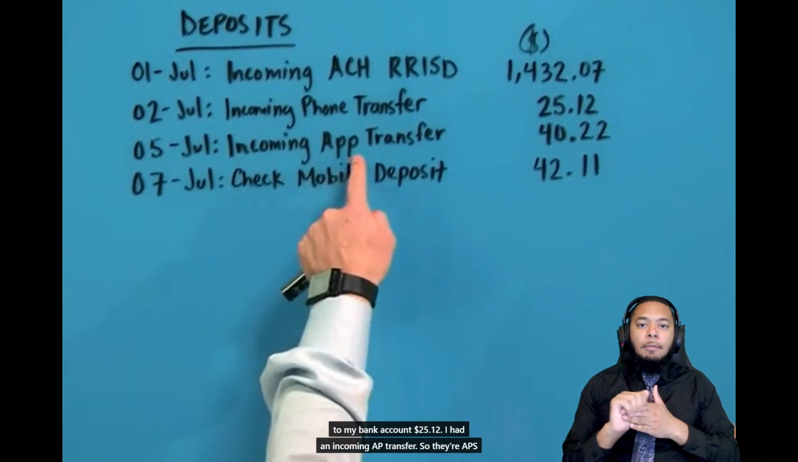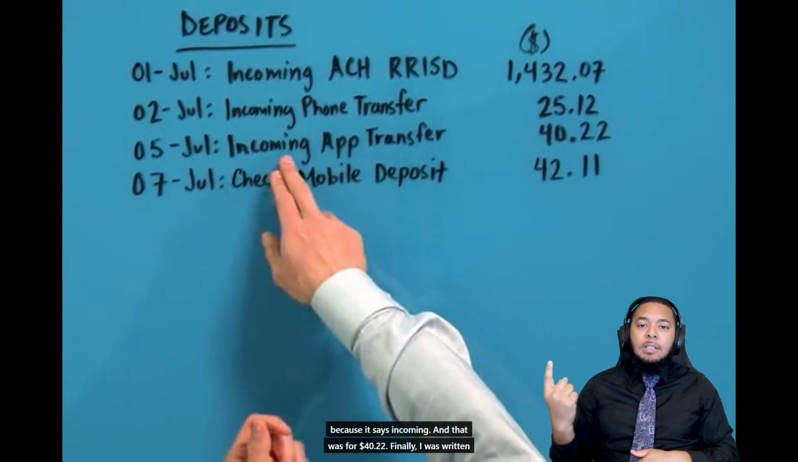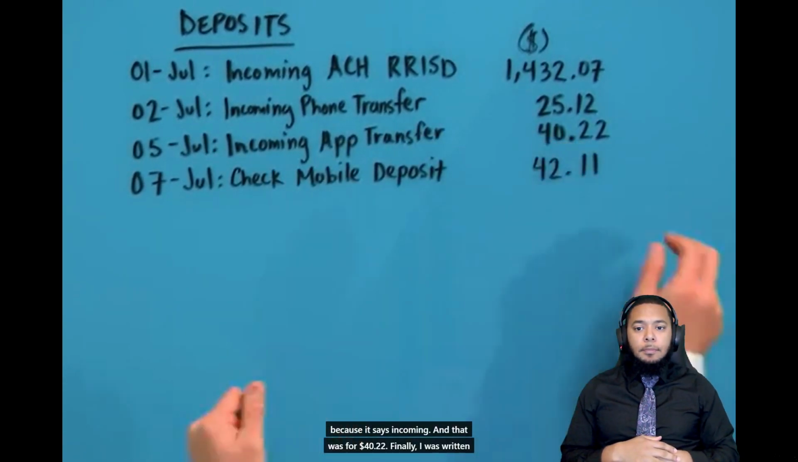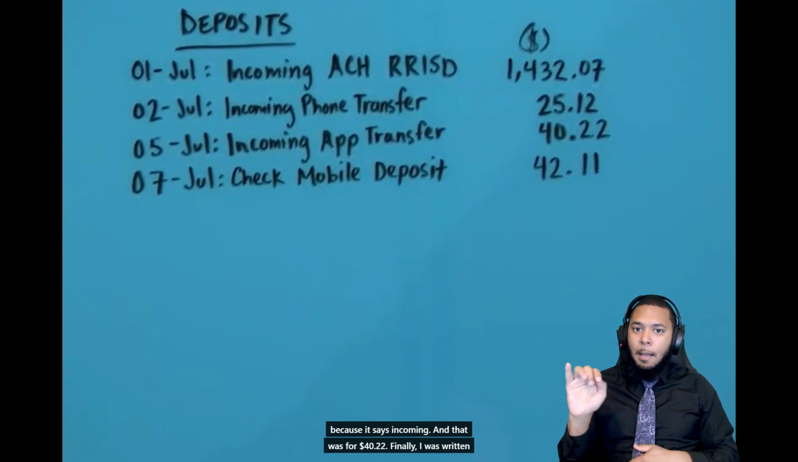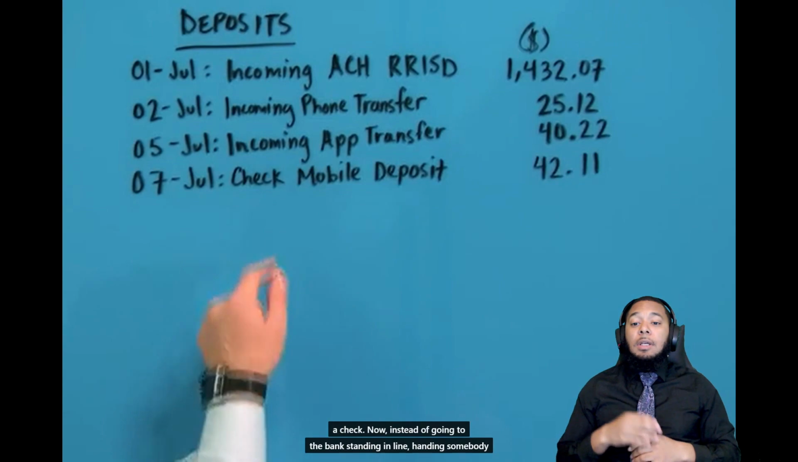I had an incoming app transfer. So there are apps on your phone where you can send and receive money, and someone sent me money because it says incoming, and that was for $40.22. Finally, I was written a check. Now, instead of going to the bank,